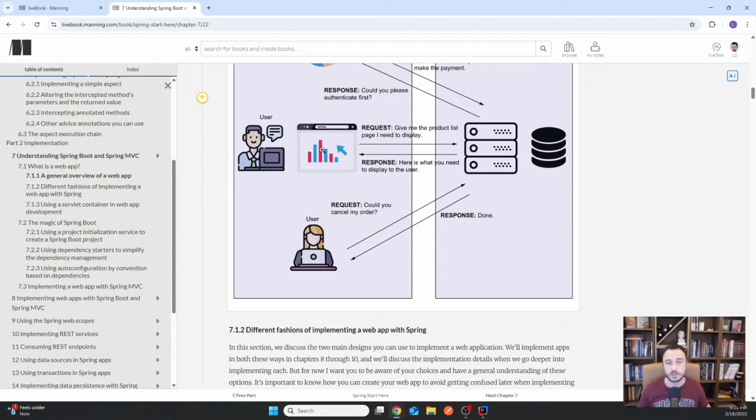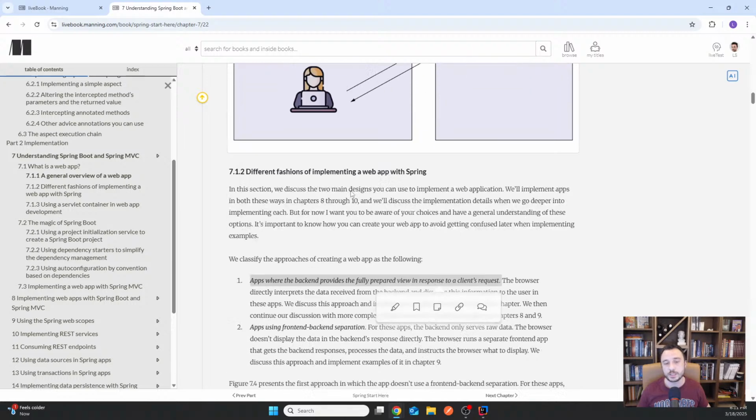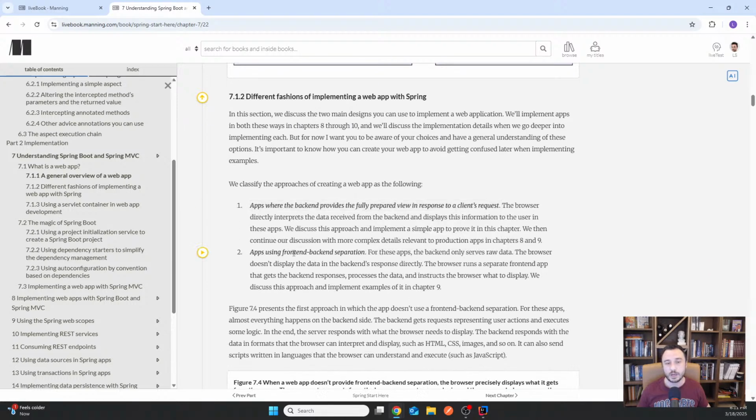Or you have a more complex scenario where you have a backend front-end separation, which means that a part of the logic, especially the logic related to the presentation and the interaction with the user, is moved to the front-end side, and then the front-end asynchronously makes requests to the backend, and that's how we can call it from now on a REST endpoint or a REST controller